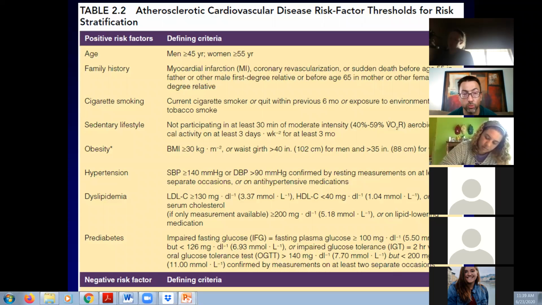If you have 1 or fewer, then you're considered low risk. Okay. And so I really want you guys to try to appreciate this, okay? Because it seems like every year on a test, people get this confused. 2 or more. You could say, yes, I have all 7 of these risk factors, okay? If one of you guys said, I'm obese, I'm sedentary, I'm a smoker, I have a family history, right? I have high LDL, I have high blood glucose levels, I have high blood pressure, you're still a moderate risk,